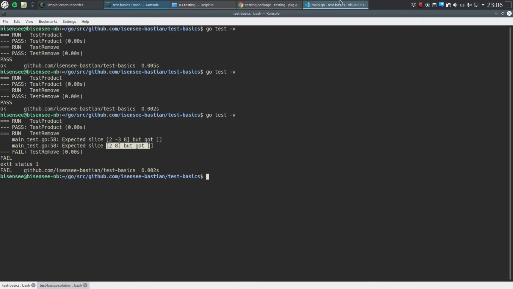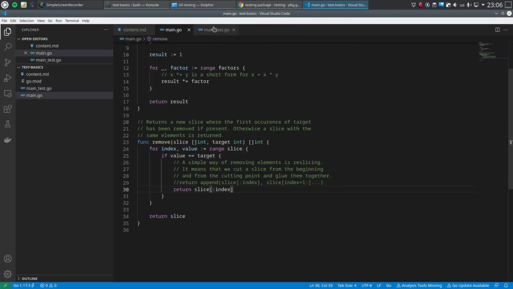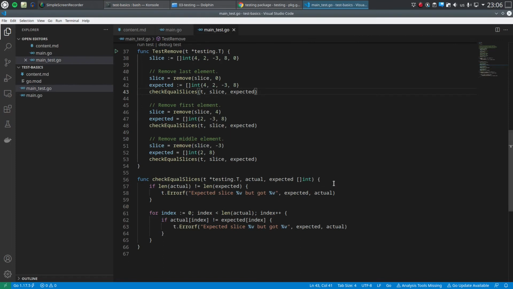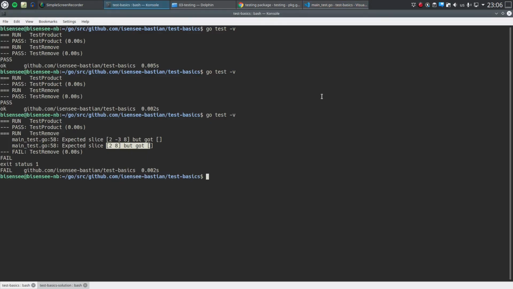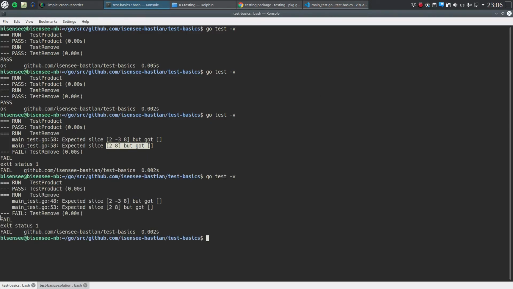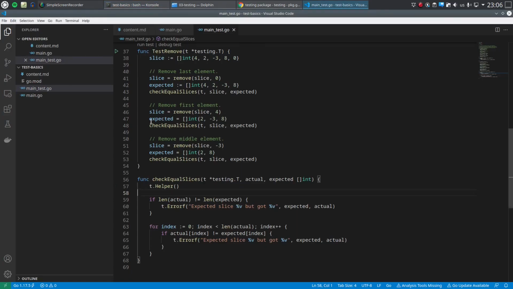So let's actually set this helper so we get the right numbers. As you can see, this is helpful. And it's failing at 48 and 53. So 48 is this, 53 is this. Okay. Now this is correct that our test detects that,